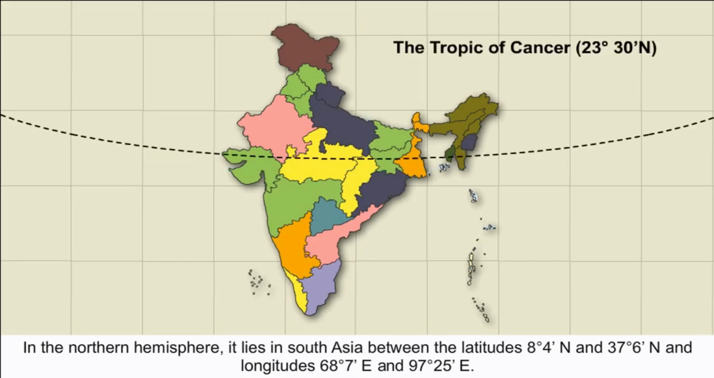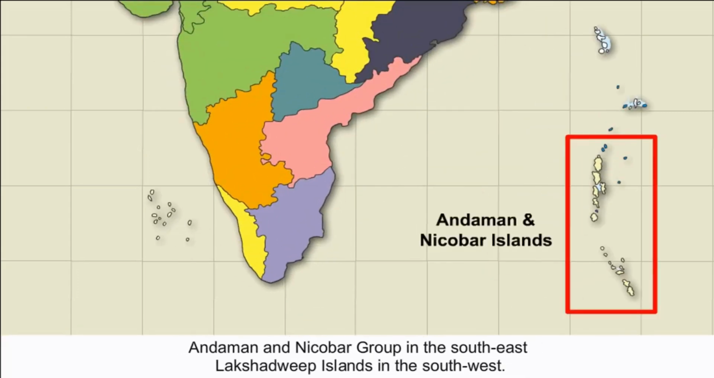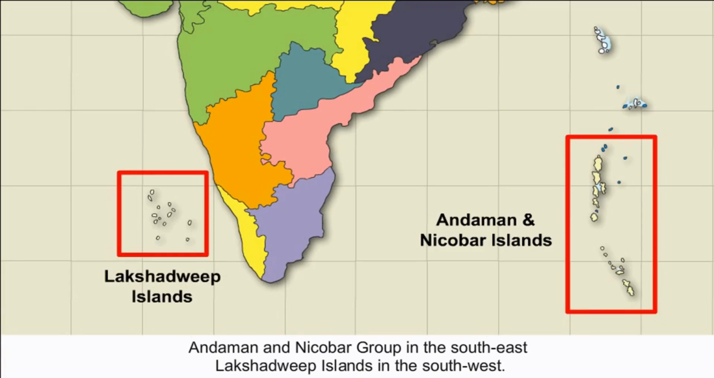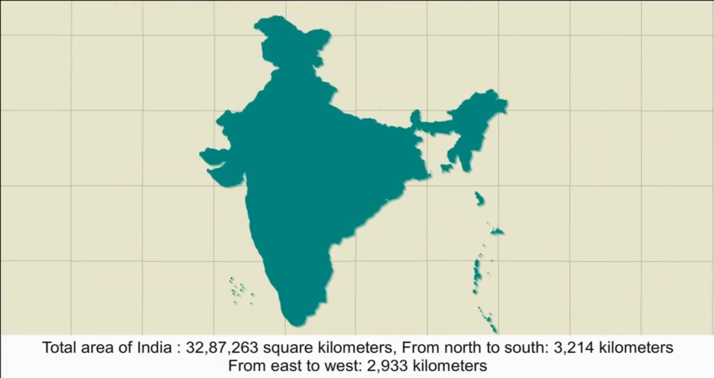The Tropic of Cancer, 23 degrees 30 minutes north, runs through the country, dividing it into almost 2 equal parts. It is flanked by 2 island groups, the Andaman and Nicobar group in the southeast and the Lakshadweep Islands in the southwest. Size. The total area of India is